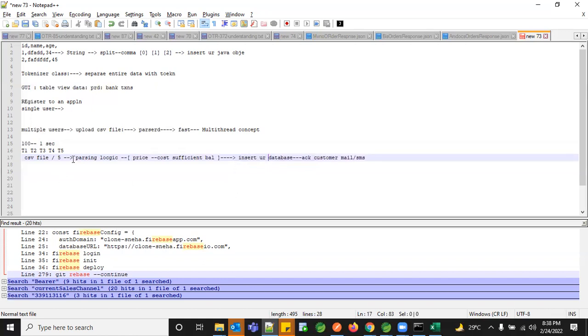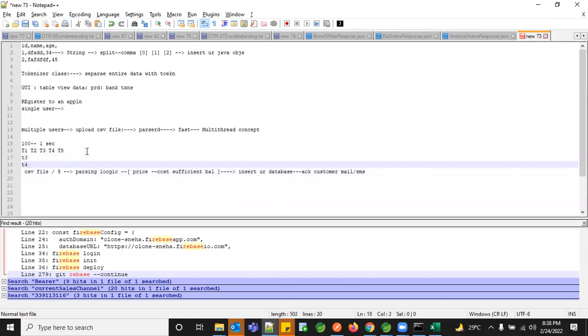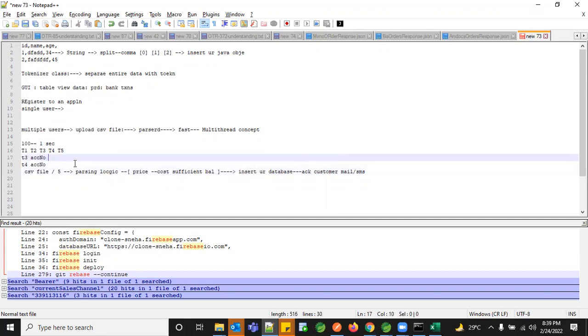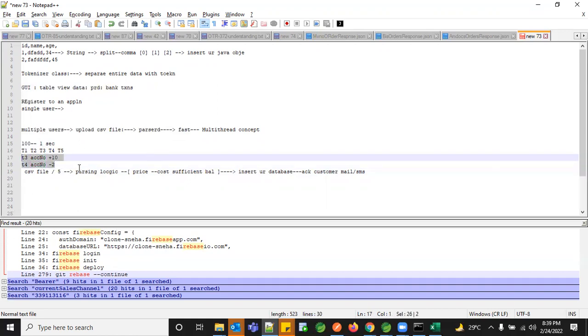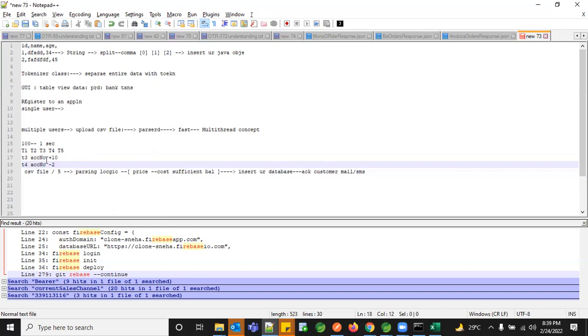Let's say among T1, T2, T3, T4, T5, the T3 record and T4 record are handled for the same account number. So both have the same account number and they are trying to insert into the DB. On your first transaction, it was a plus 10. On the other transaction, it was a minus 2. So some transaction has to be updated for the same account number, but we never knew whether the broker is uploading unique entries or duplicated entries. If we have such criteria, we have to make sure that it is all taken care of in your orchestration part to avoid such DB related issues.